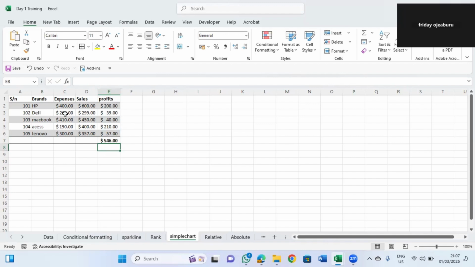So now I want to put this in a graph, a graph that will be able to display and visualize this data for me, and it will make meaning, because this data as it is here now is not making any meaning. It will only make meaning when you put it in a graph. Okay, it will only give an insight from it. So now let's look at the expenses and sales. For us to put expenses and sales on a graph,